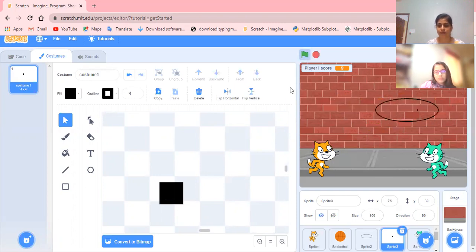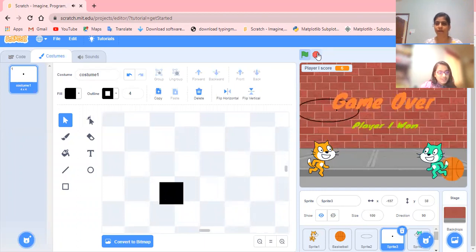Now let's see. One goal, but it increased to 3. Smaller, we can't even see.